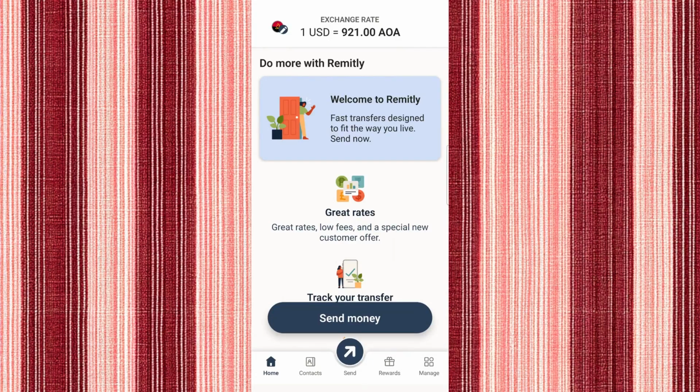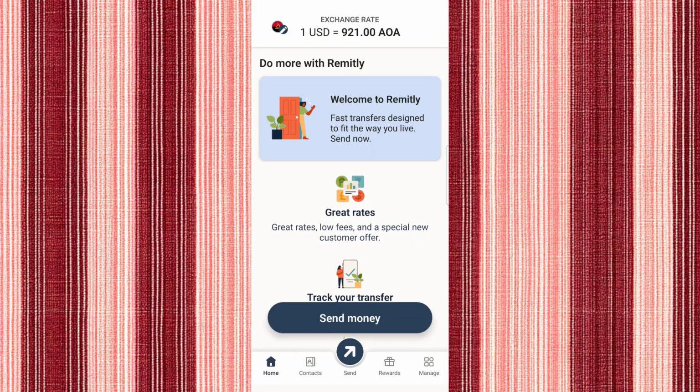In today's video, I'm going to teach you how to send money from the United States to Oman on Remitly. To get started, open your Remitly account in the app or on the website and make sure you're signed in. Once you're on the main screen, look at the country shown at the top. Tap or click on that country setting, then select Oman as the destination.